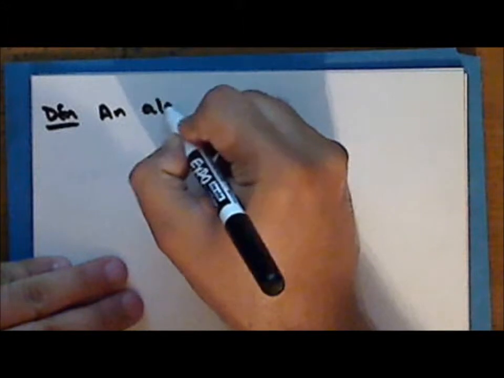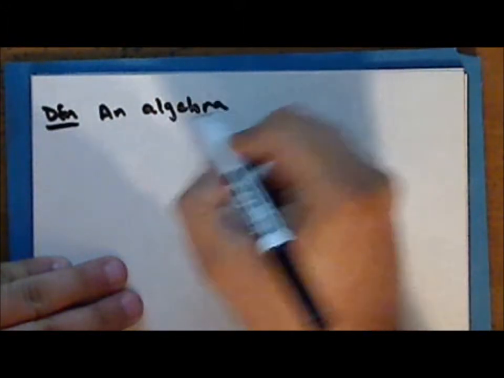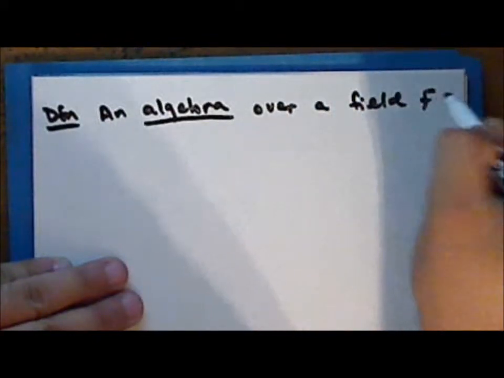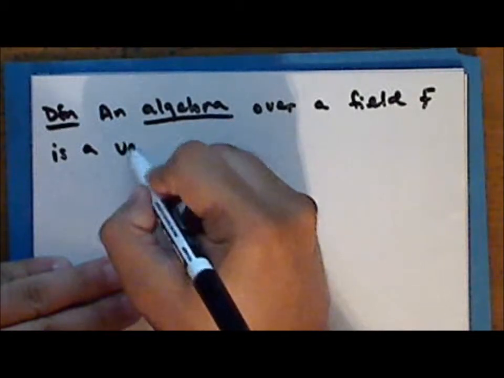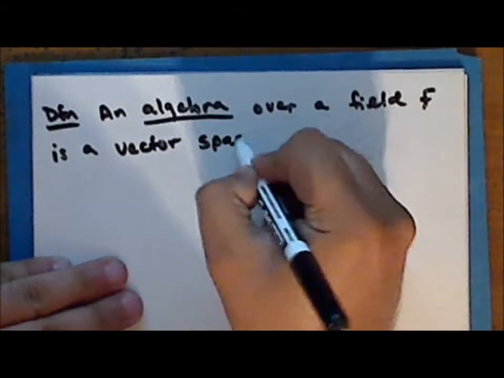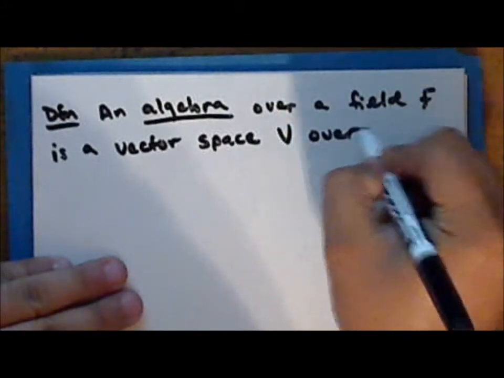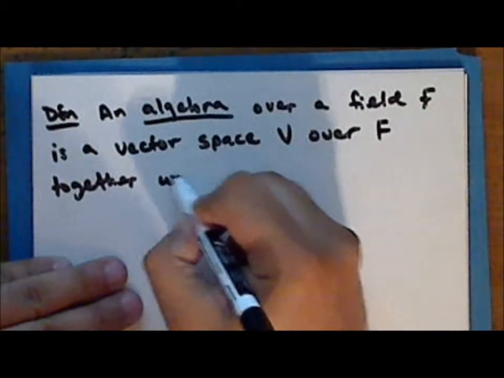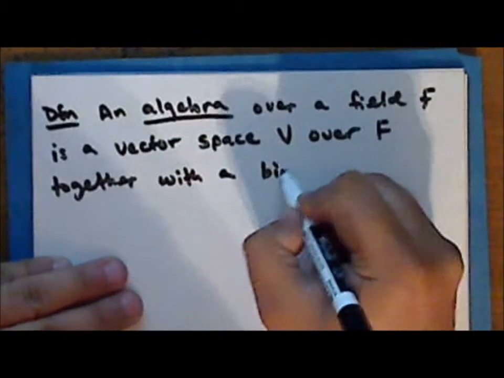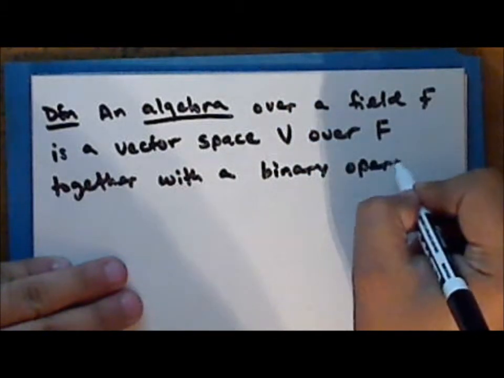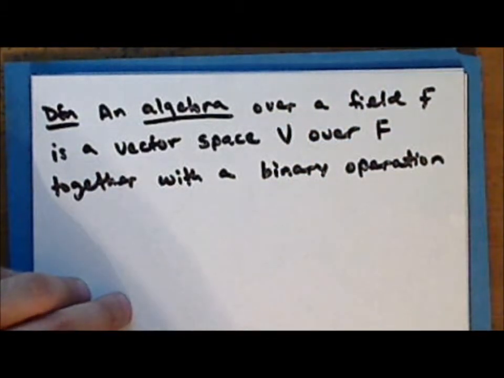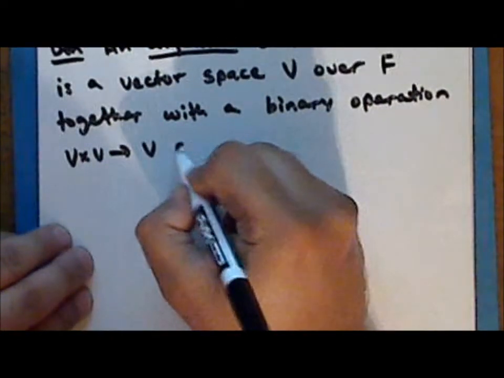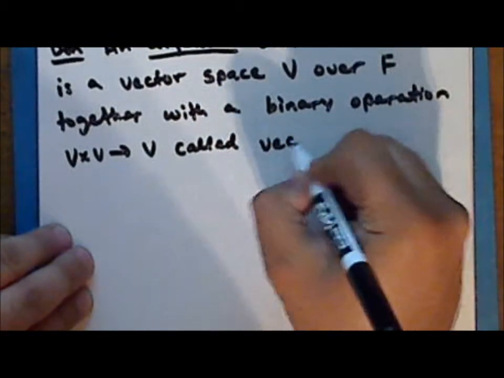So an algebra over a field F is a vector space V over the field F together with a binary operation mapping two vectors back into the set of vectors called vector multiplication